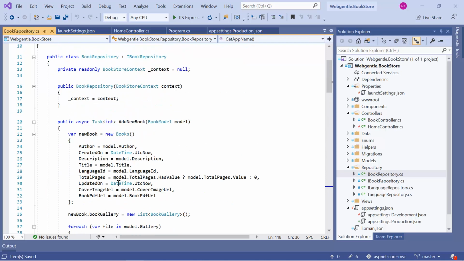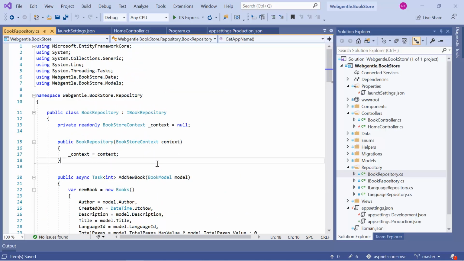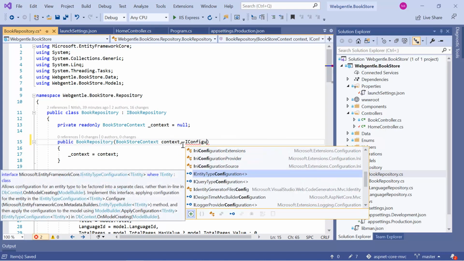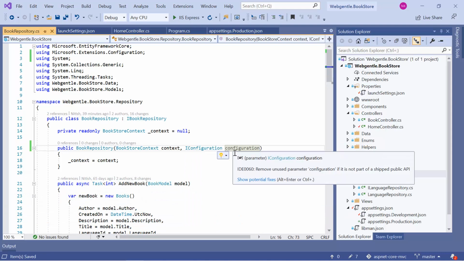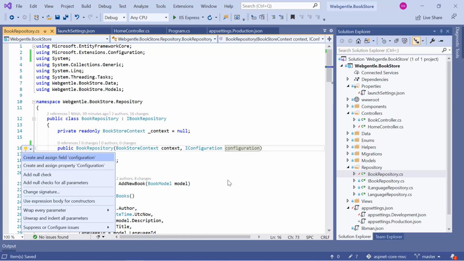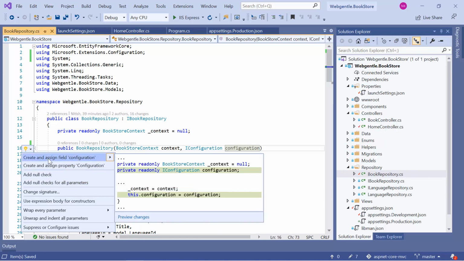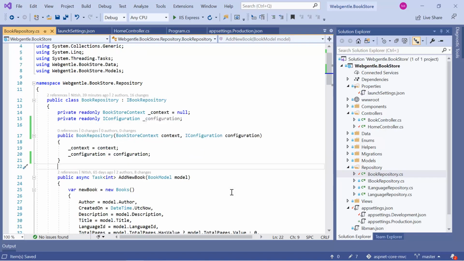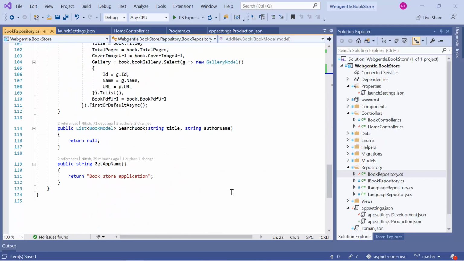So as the first task, we need to inject this service into our constructor. Let's put a comma, IConfiguration. Let's put our mouse over here and press Ctrl+dot and click on this field. Either you can use the same name or you can update your name based on some other nomenclature. So we can update it like this. And now we can use this configuration variable to read the settings from our app_settings.json file.